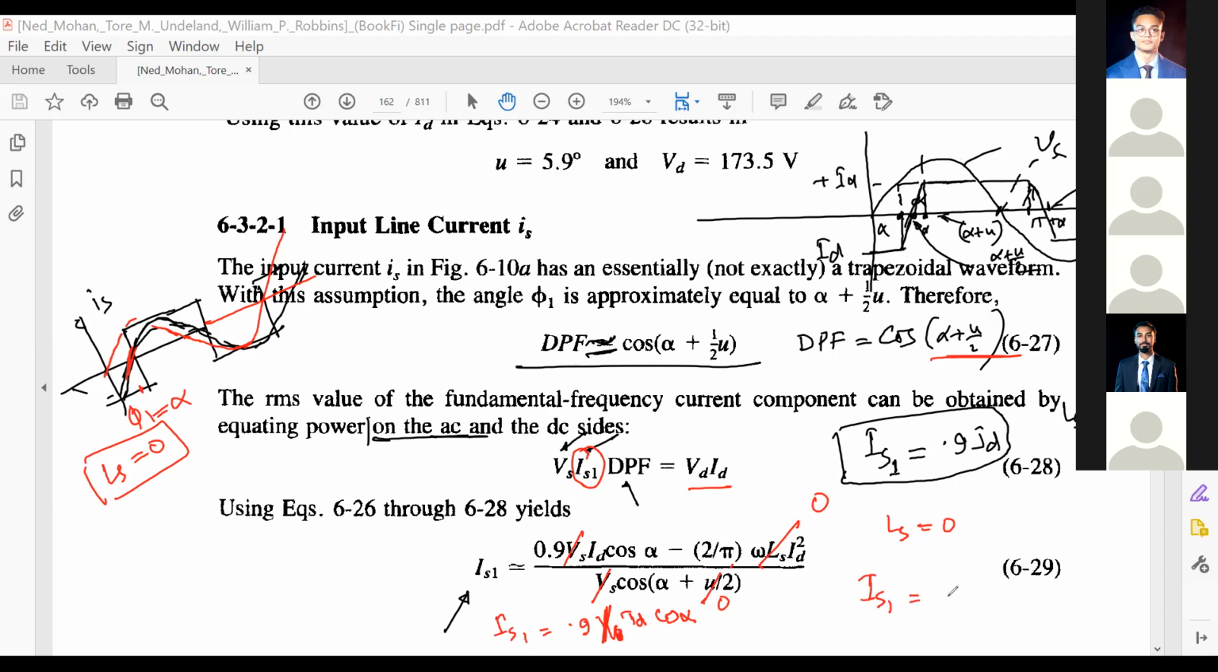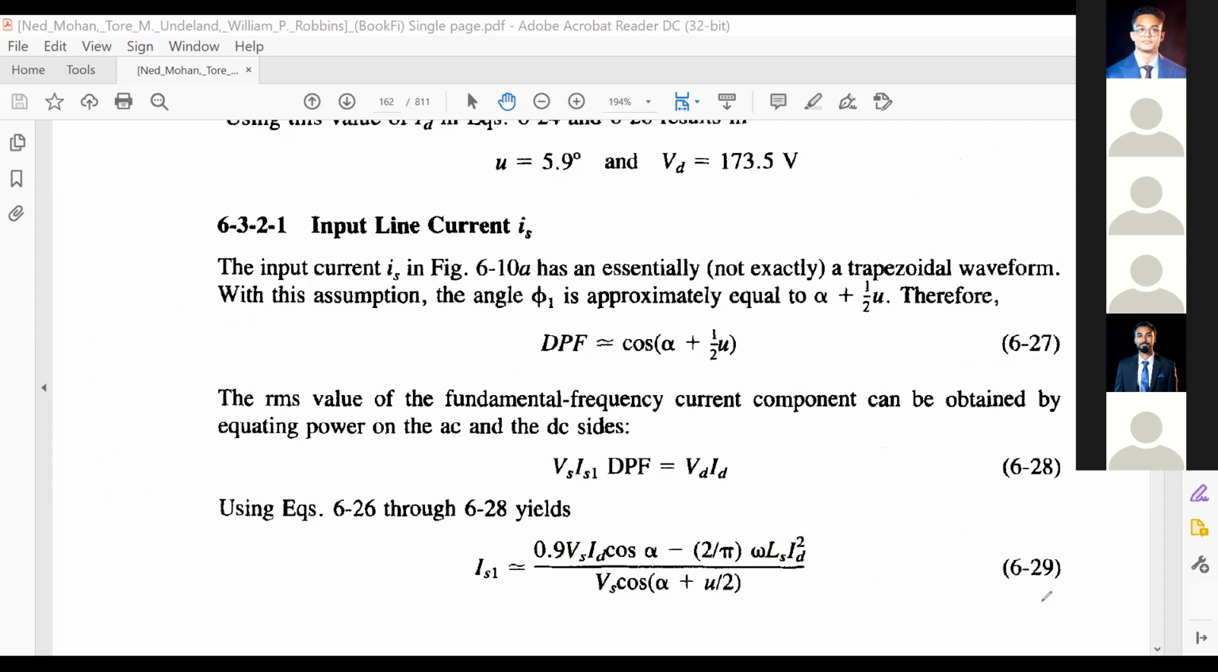IS1 will be 0.9 ID cosine of alpha. Was it 0.9 ID cosine of alpha when the LS was 0? Or is it only 0.9? IS1 was 0.9, right? Can I go back and see what the equation is? Okay, let me check. When LS was 0, what are the values of